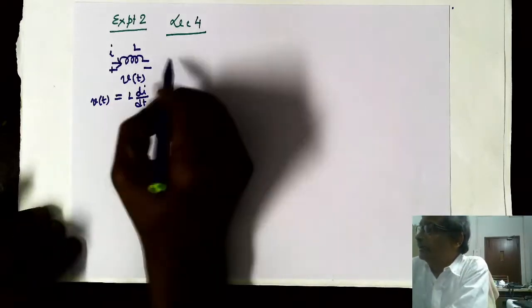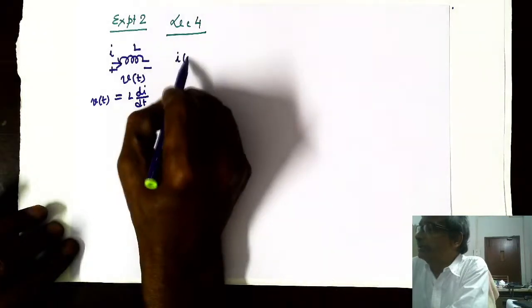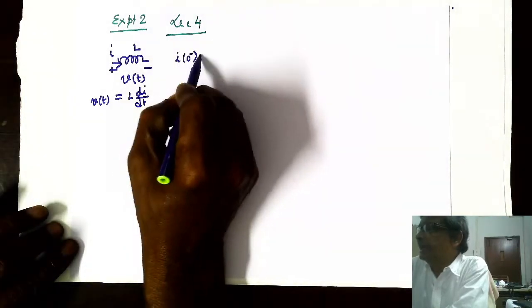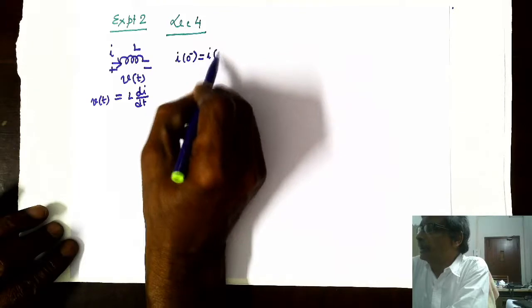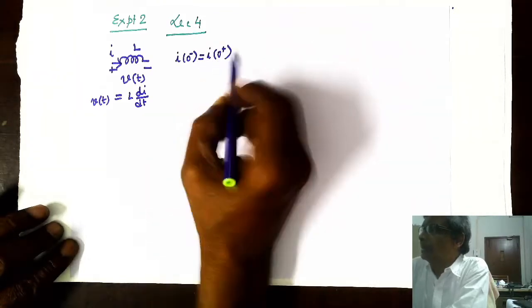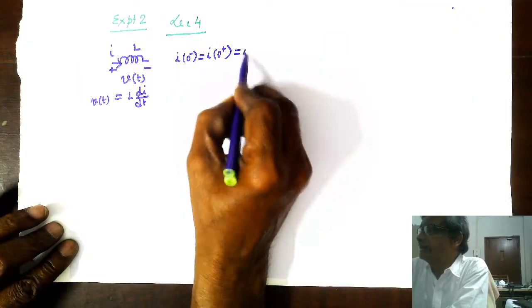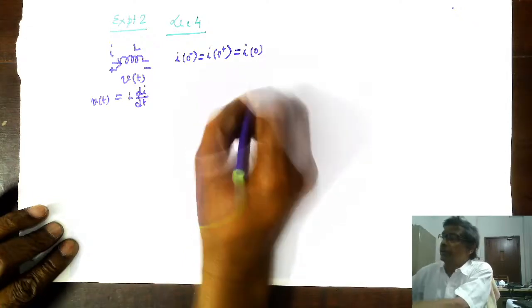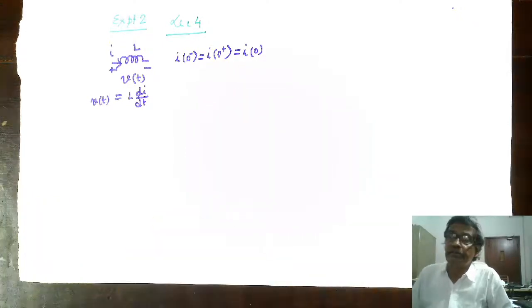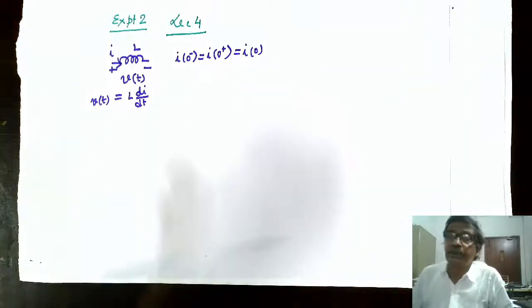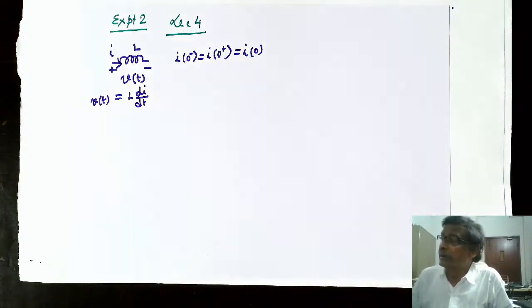We noted that i(0 minus) is the same as i(0 plus), which of course will be the same as i(0),